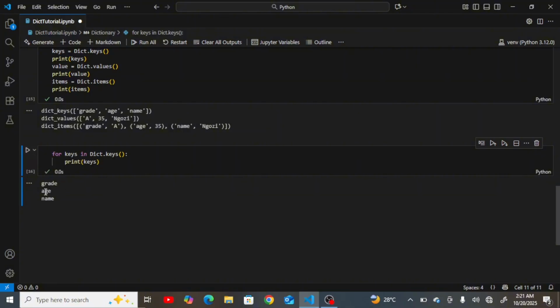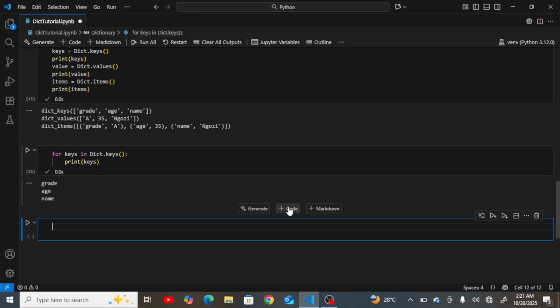So you can do anything you want, you can perform any operations around here. If I want to iterate over values, same thing. Let me say for i in dict dot values,